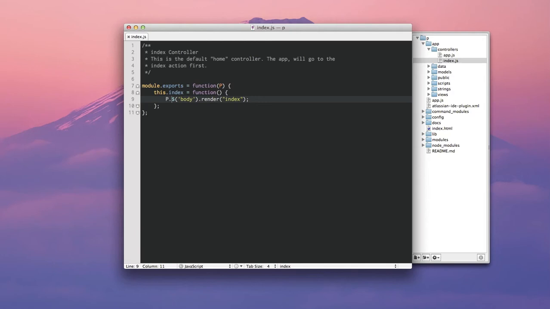And then we're actually calling the $, selecting body, and calling the custom .render method, which looks in the views folder for index.ejs and puts it inside of the element. The $ sign thing is not actual jQuery. This is Node.js server side, but it's designed so that you can use any kind of jQuery selector, and within reason,